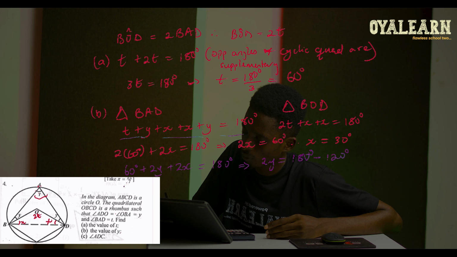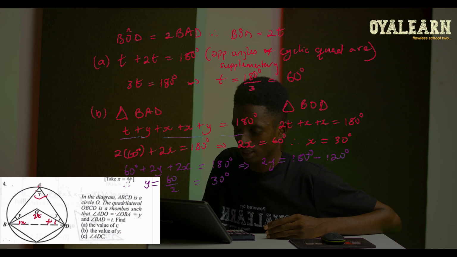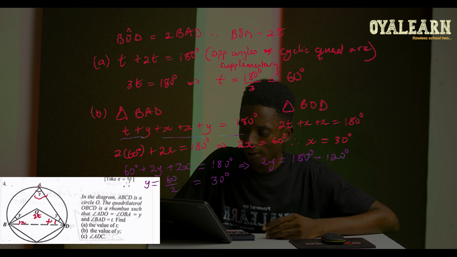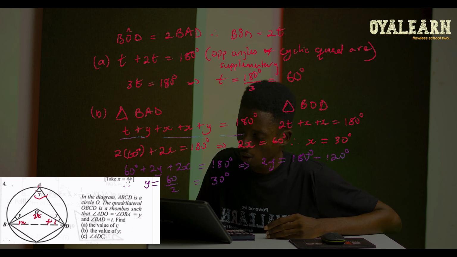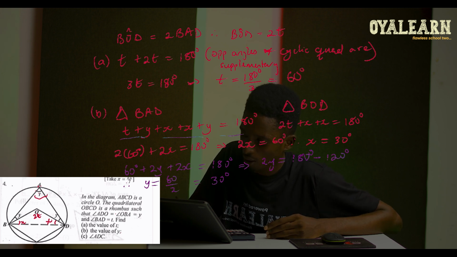Therefore, y equals 60 divided by 2, which is 30 degrees. And then finally, to find for C in question 4, we are looking for the size of